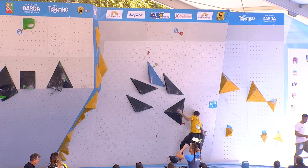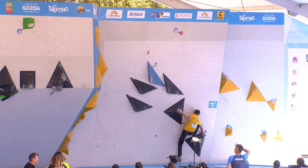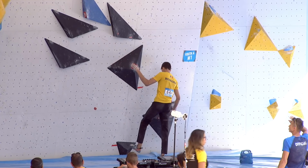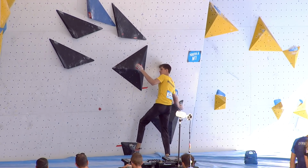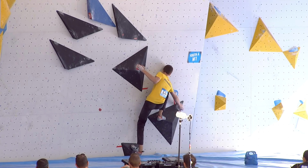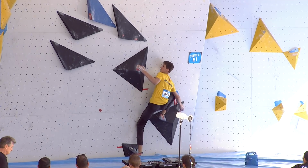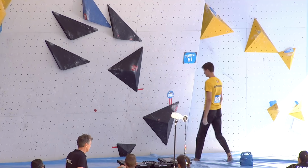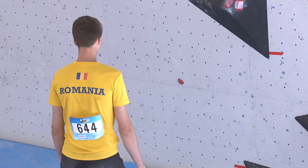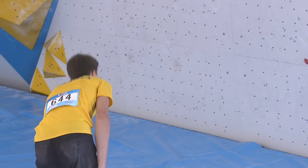Not that we barely call them children anymore. I'm sure they'll be offended by that. No, these are Youth A Boulder climbers, so they're born in 2002 or 2003, which makes them very tall. 16 or 17. Yeah, look at the size of him. He's bigger than us, Charlie. It's not too difficult to be bigger than me. Jane Kim's bigger than me. But